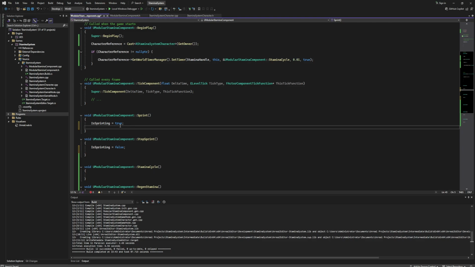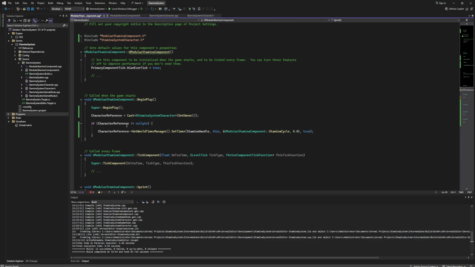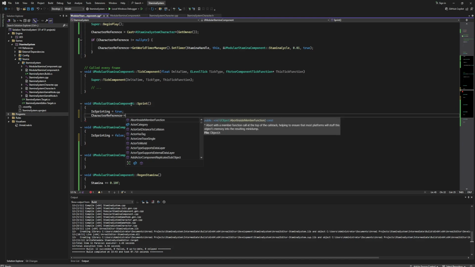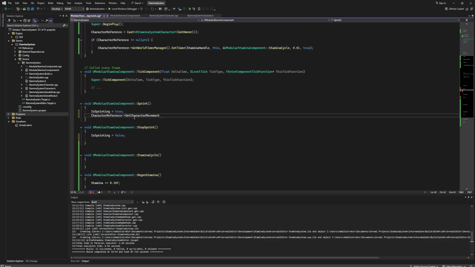And now the thing about character reference is to get our max walk speed property from our stamina system character class, or basically third person character. So let's get our character reference. Then below this we need to paste it first, and then we need this minus greater sign. So now type get character movement, and now we need again this minus greater sign, and then max walk speed equals,